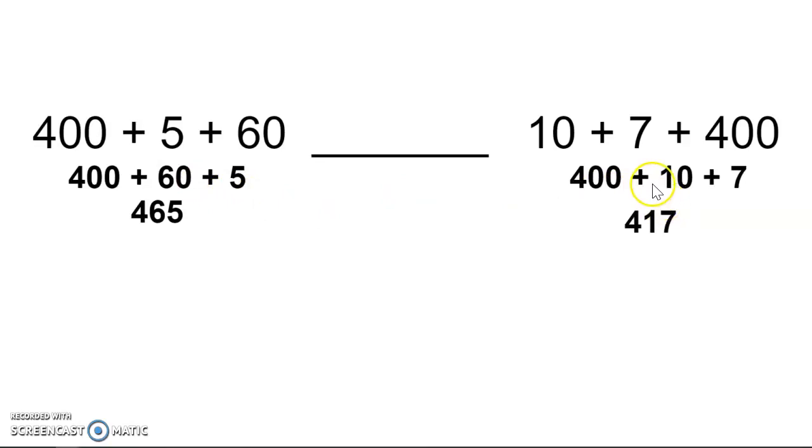Students also could draw a picture. They could use a proof drawing and draw 400, 5 ones, 6 tens, and draw over here 4 hundreds, 1 ten, and 7 ones to compare. So when you look at these two, the students should be able to see that yes, they have the same amount of hundreds, but when I look at the tens, I see 465 has 6 tens, but 417 only has 1 ten. I know that 6 tens is greater than 1 ten, so I know that 465 is greater than 417,